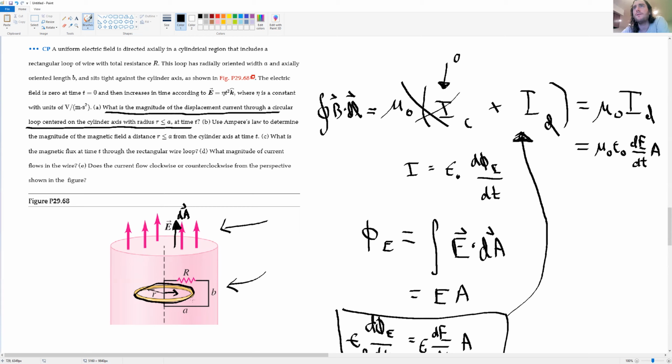Actually, now that I'm looking at it, the reason I was a little bit confused there is because I think this loop here is our Amperian loop,